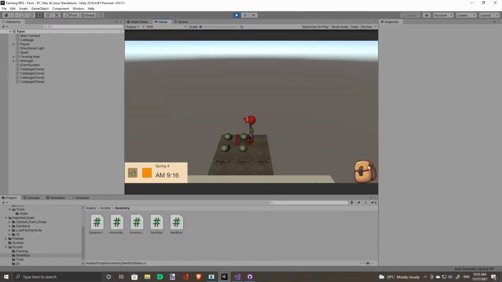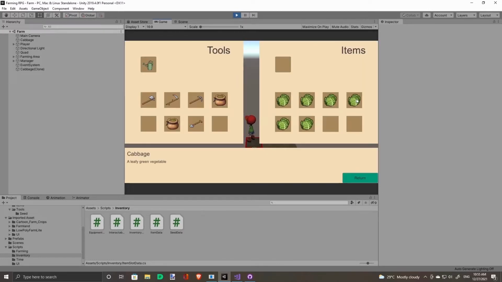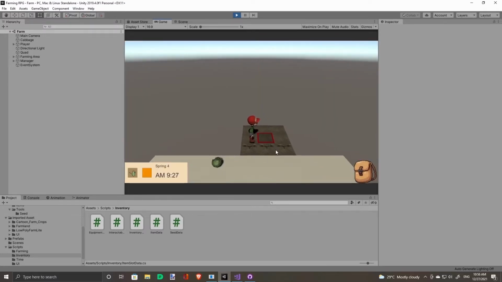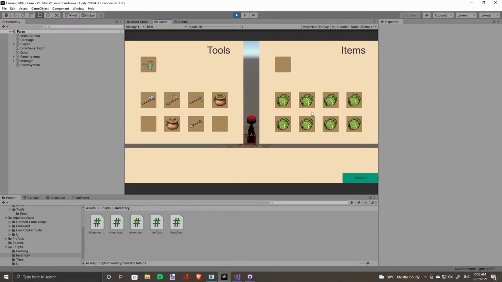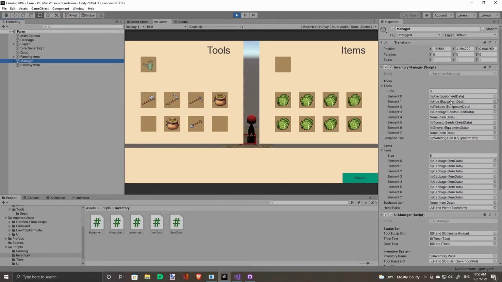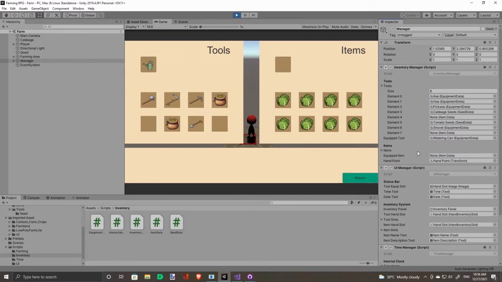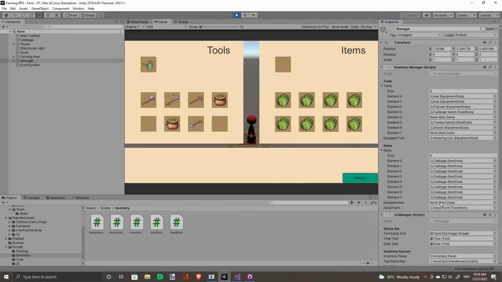Right now, if I were to harvest multiple crops of the same type, they do not stack up, but take up an individual slot in our inventory system. This makes it get full really quickly. This is because we're using the scriptable object directly to store information in our inventory. But we want to make things stack and not do this.